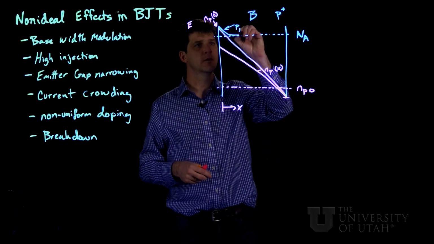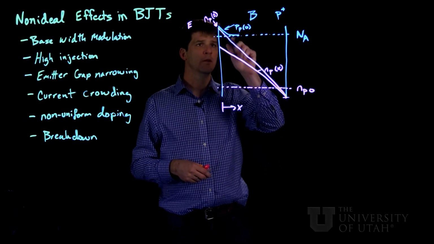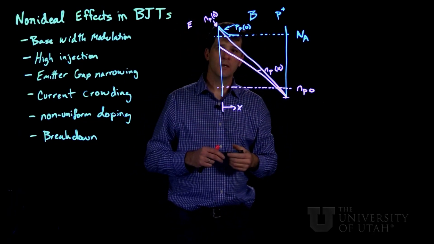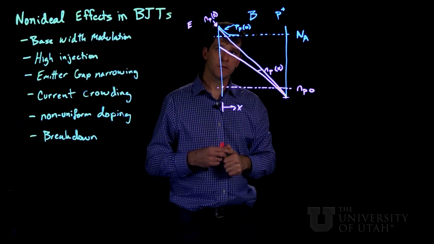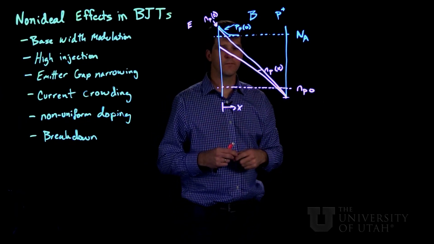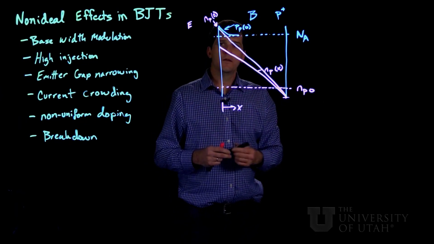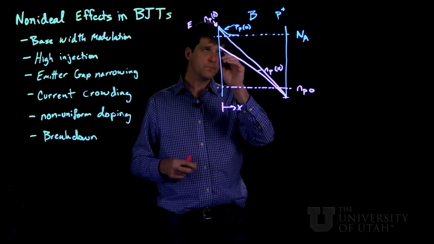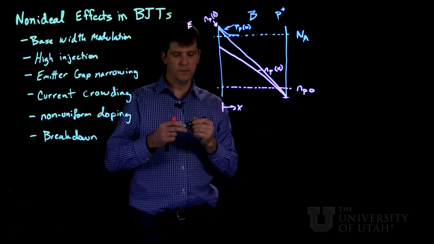So this is p of 0, and this excess hole concentration is going to be drawn into the base. Now, what this means is that if we look on the other side, on the